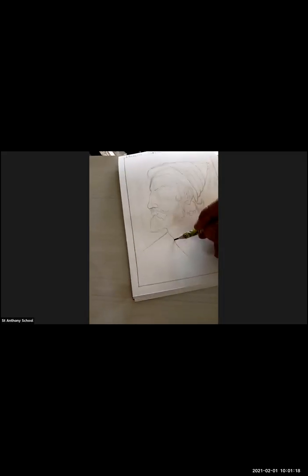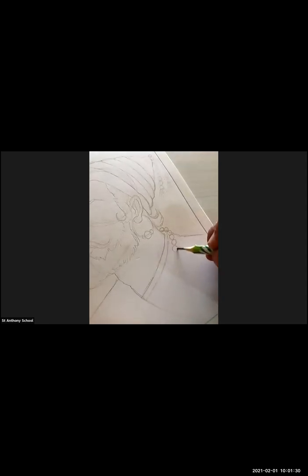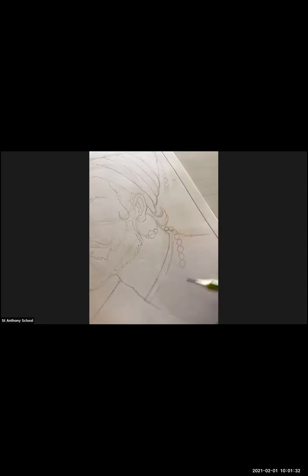Here comes the shoulder. Okay, so just look at this. This is how we have done it. Here you can make those jewelries. Do one thing, you will just make a straight line, and then you can make the jewelries.